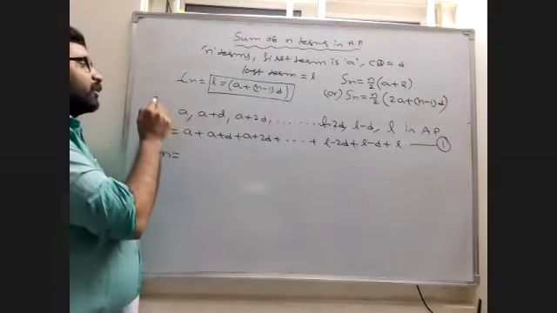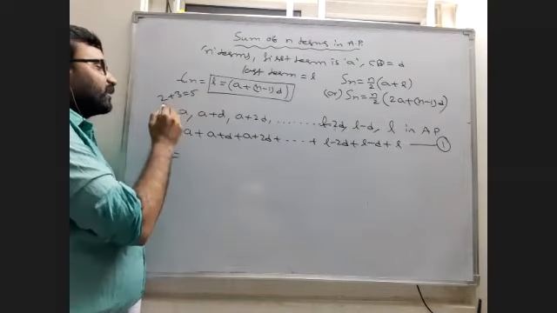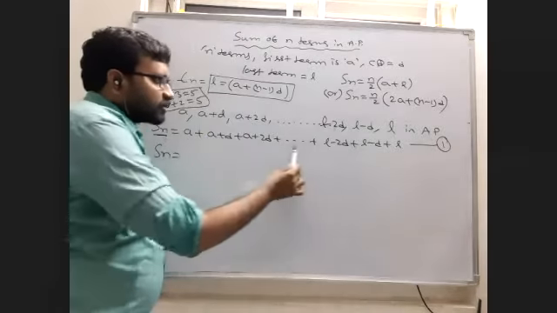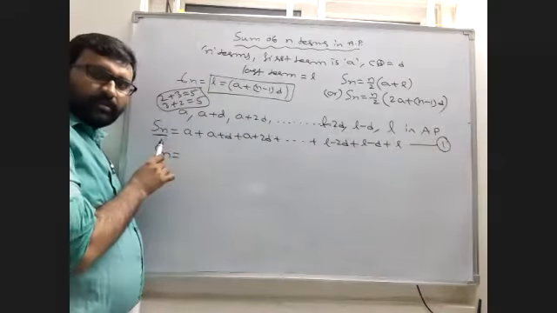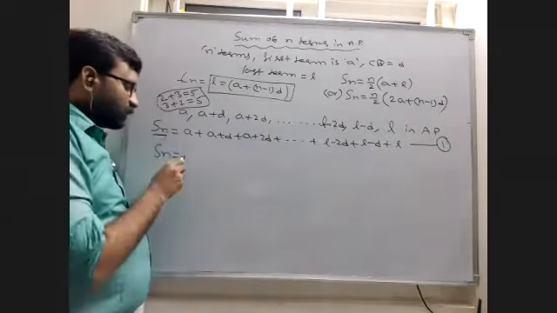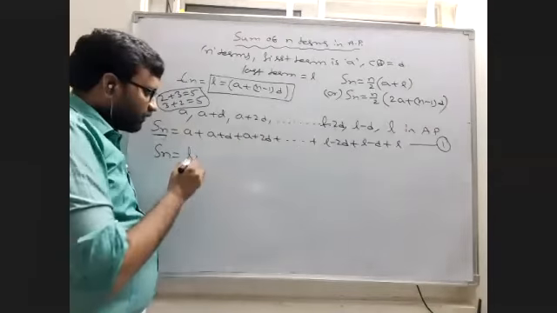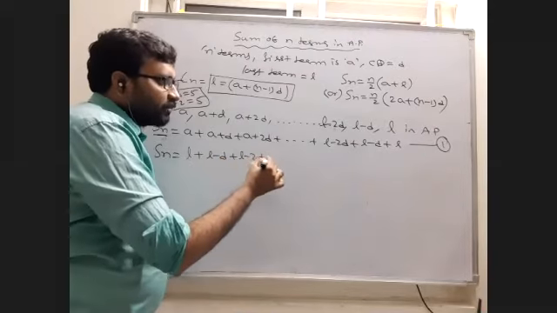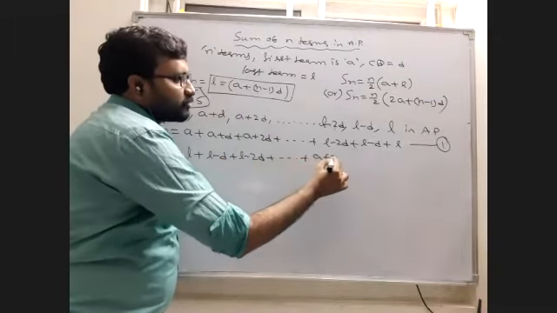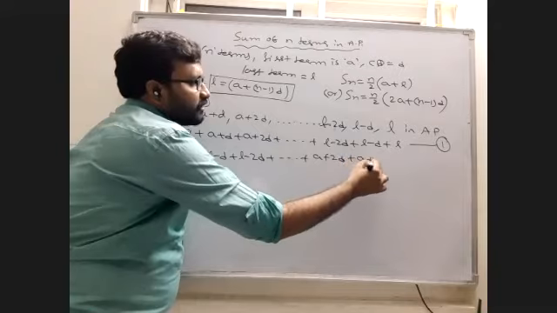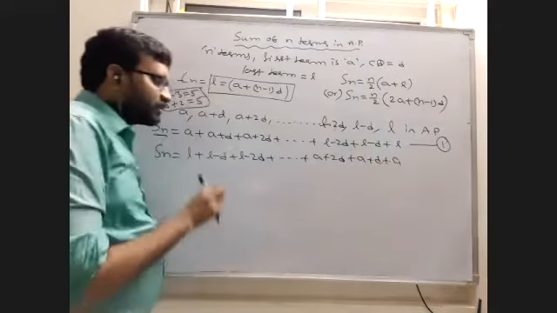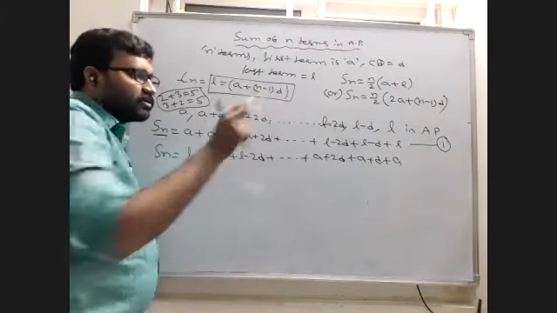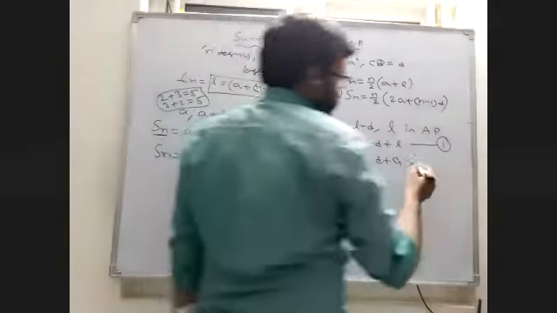Now see, 2 plus 3 value is what? 5. We can write 3 plus 2 also. That is also 5. Now I am applying this only. This plus this is equal to Sn. I am writing first this, that is what? L. First I am writing the last: L plus L minus D plus L minus 2D plus so on plus A plus 2D plus A plus D plus A. I am just writing it in reverse. The last values will be first and the first values will be last. Let this be equation number 2.